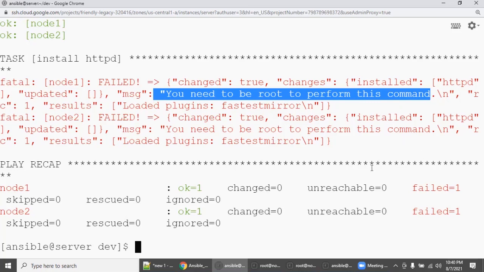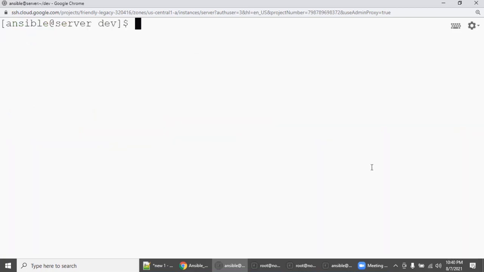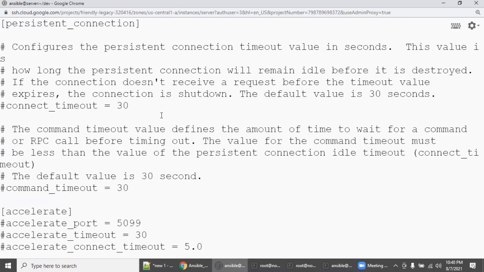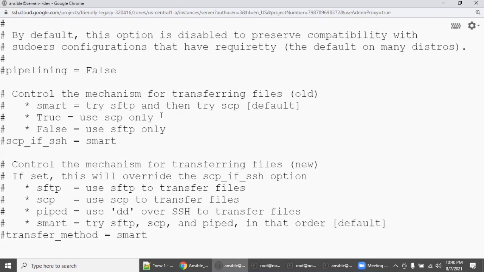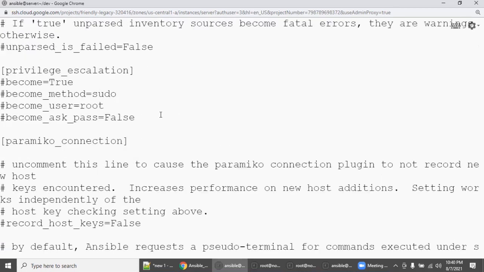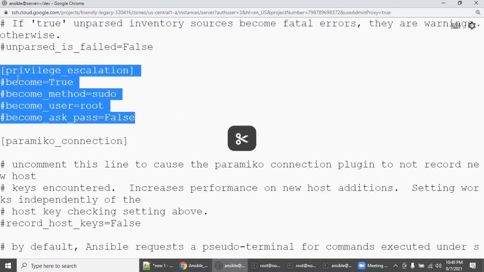What needs to be done? So go to cat /etc/ansible/ansible.cfg, because as I mentioned, you should not memorize anything. Everything is in the help file itself. This is the global configuration file I explained last class. Here there's a section called privilege_escalation, right?